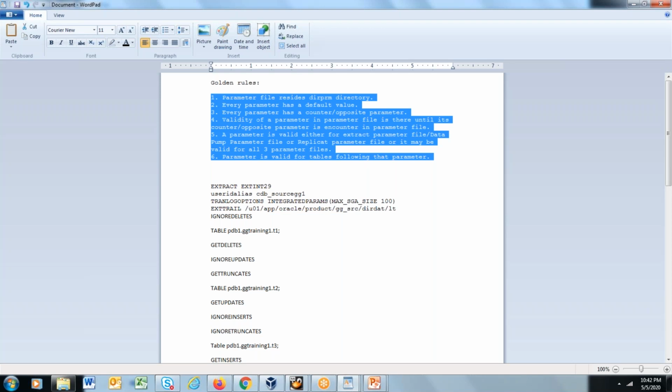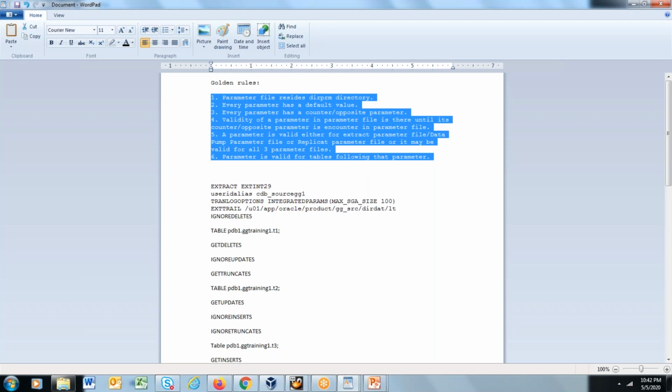Validity of a parameter in the parameter file is there until the counter or opposite parameter is encountered in the parameter file. A parameter can be valid either for extract, data pump or replicate parameter file, or it can be valid for all three parameter files. And last, a parameter is valid for tables following that parameter. So always remember these 6 golden rules and you will be fine.